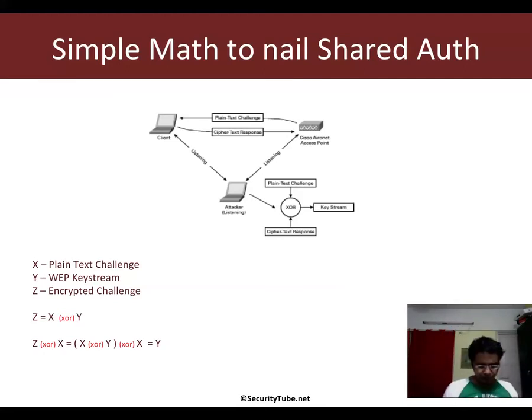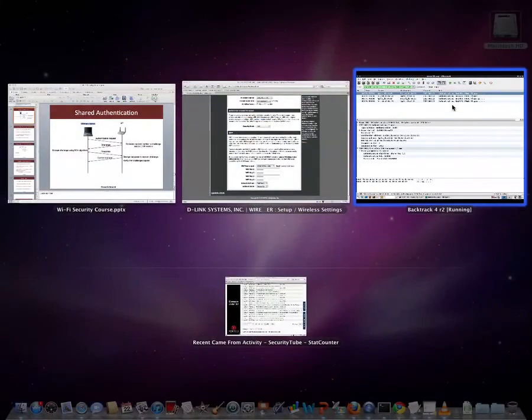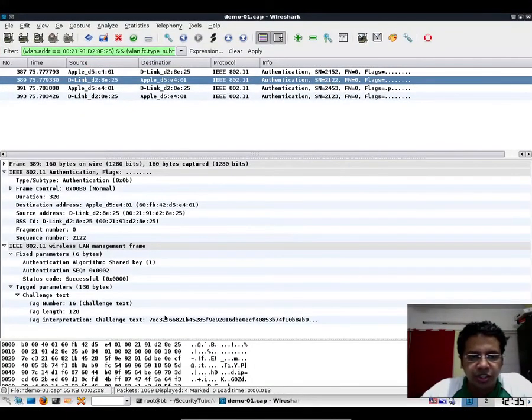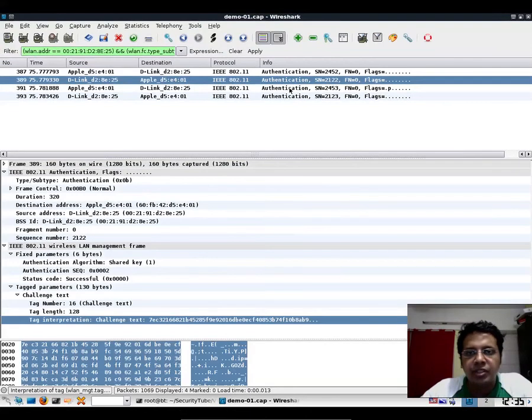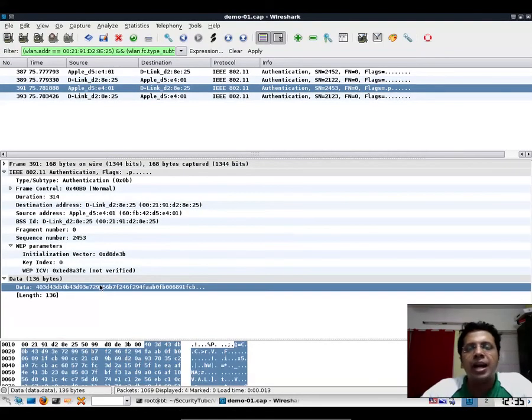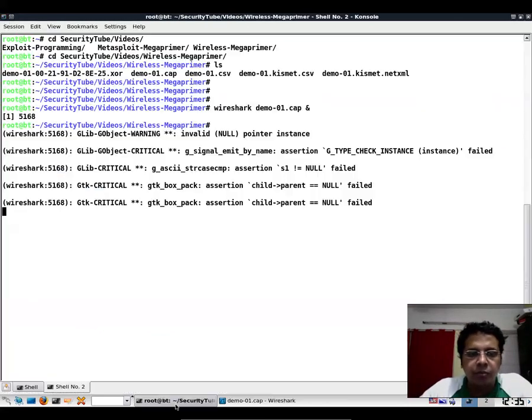Beautiful. Now you may ask the question, how do we take both of this data, which is there in these two discrete packets, the authentication challenge text as well as the authentication challenge response, and XOR it and get the key stream. Now this is where Airodump does a beautiful job for us.